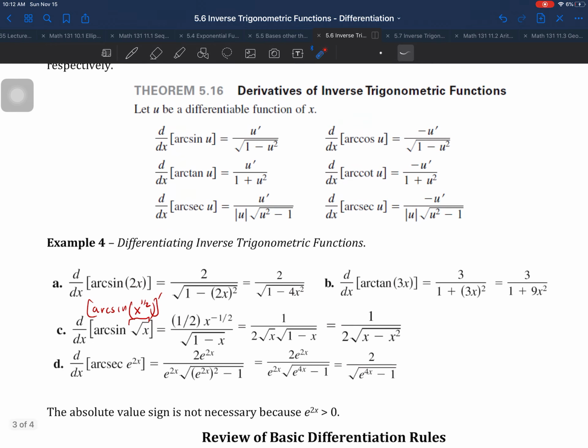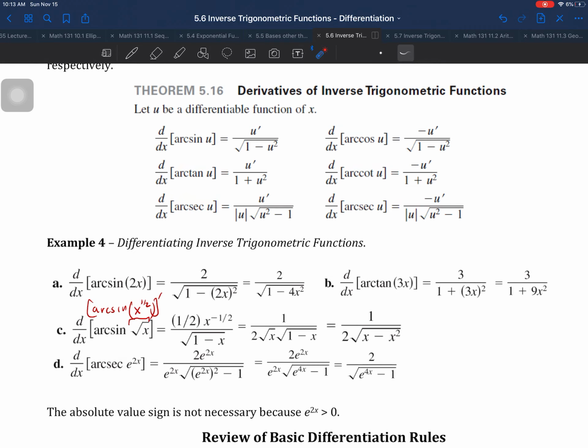Now we can be more creative, right? And we can throw even more things, such as the secant of e to the, if we have this as your u. And obviously we're doing arcsecant. So we're going to try to use this formula. So it'll be u, absolute value of u, which we already know is always positive. So we can drop the absolute values, right? And then it will be the square root of u squared, so that's your u squared minus 1. And then this is all under minus u